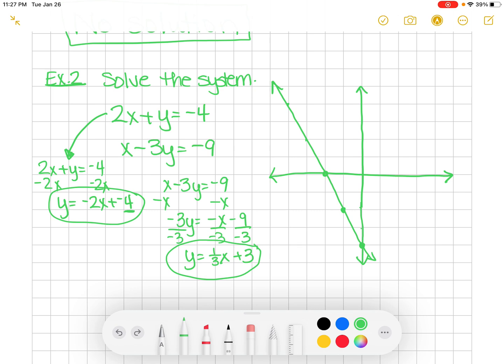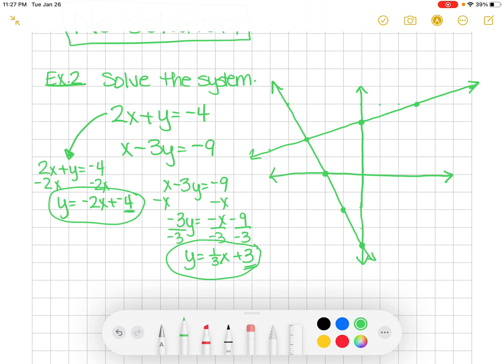Okay, so let's graph this. I have a y-intercept of 3, so I'm going to go 1, 2, 3 right there. And I have a slope of 1/3, which means I go up 1 and over 3. So right here. And then I could do it again right here. Okay, or I could go down and over 3, which is right here. So now when I graph this one,